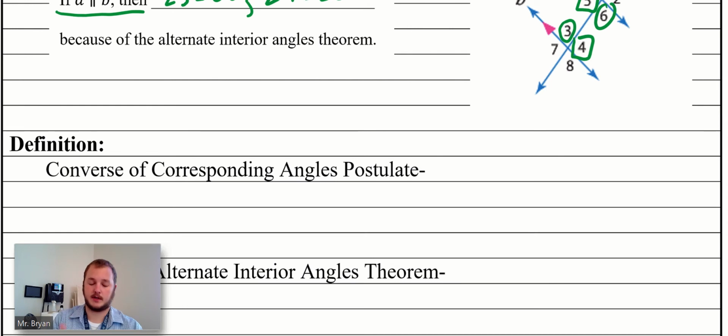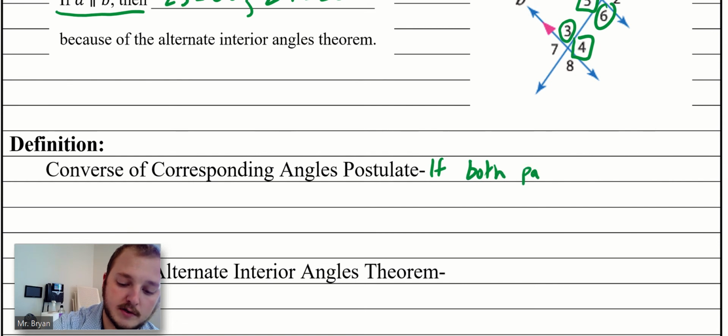And I'll give you a sec to write that down. And remember that word converse is what we learned in Unit 3 when we said we take the hypothesis and the conclusion of an if-then statement and switch the order. And that's exactly what we're doing here. So the converse of corresponding angles postulate says this. It says if